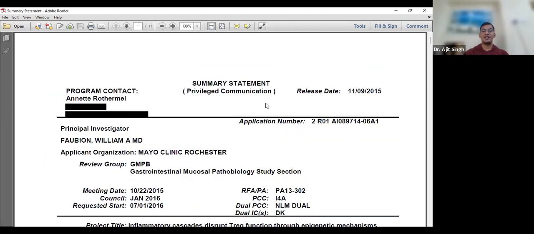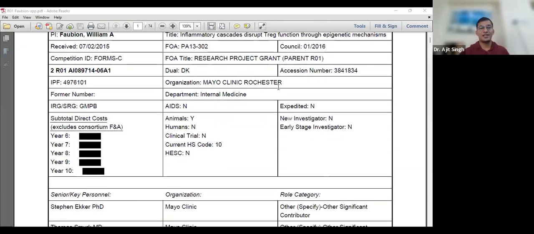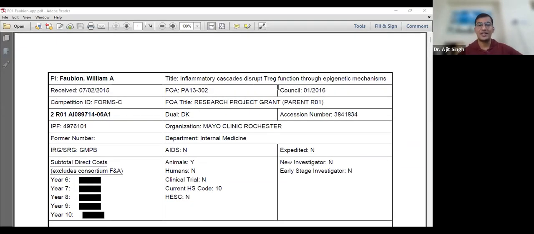Yeah, so this is the summary statement of the same project, guys. Oh no, that is not the summary. Okay, wait. It's very confusing; many things have been opened here. Okay, let's see this one, one entire grant only.